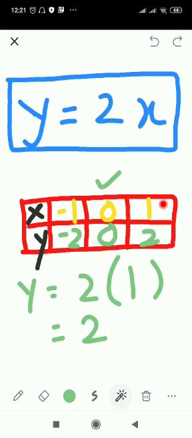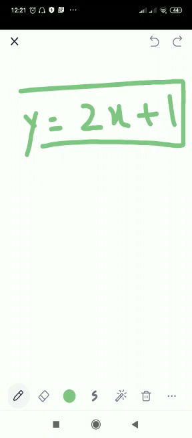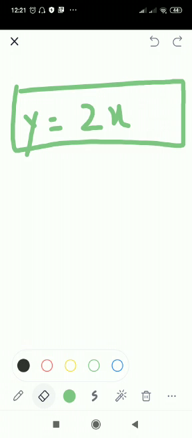Alright. The equation can be different also. This is one example I have just given to you. You can have a different equation like 2x plus 3. You have all done algebra, and here in the graph you are using algebra. We are using algebra to find the equation of your graph, to find the values of x and the value of y. Now here, if I give you the equation y equals 2x plus 1, this equation is different from the previous one. In the previous one I only gave you 2x. Now over here, whatever the value you find for x, you're going to add 1 to that.